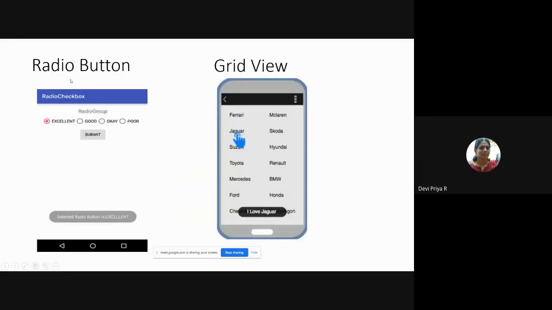And you can place radio buttons, as we know, but for creating radio buttons, you have to create a radio button group, and then you have to place all the radio buttons, which we will see in a demo now. And next, this is your grid view. Grid normally refers to tables, right? So all your items or text can be displayed in the form of tables.